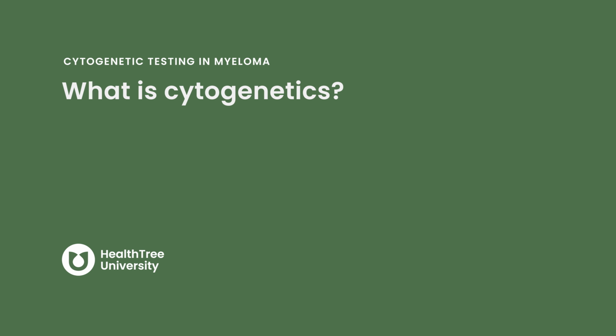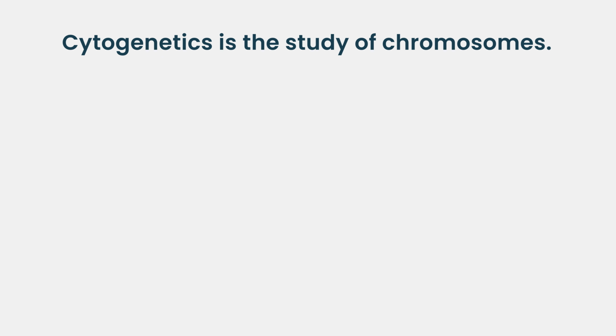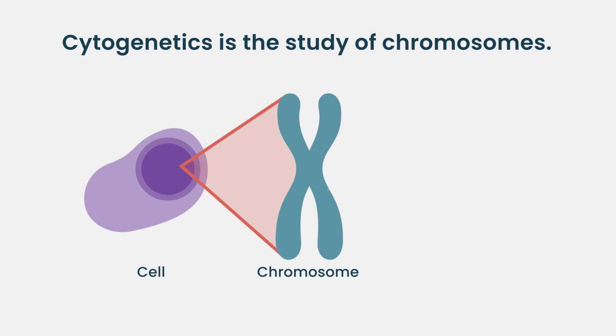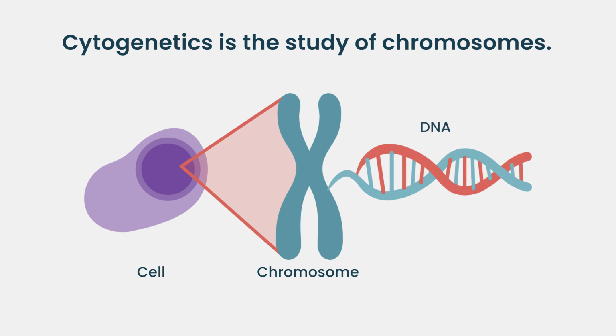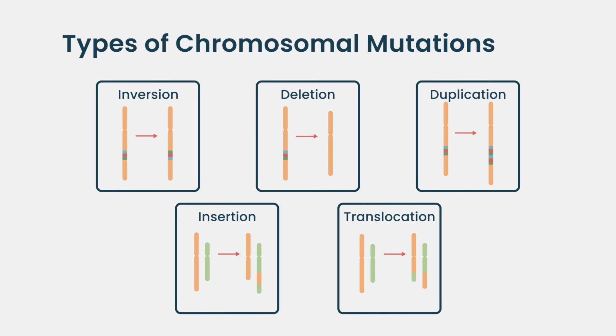What is cytogenetics? So cytogenetics is the study of chromosomes, which are long strands of DNA. And this DNA, it makes up the majority of the genetic information that cells have. So when we do studies of cytogenetics, the main interest is to try to understand if there are any changes in the chromosomes of these cells that have breaks or fusions that might help us understand what abnormalities are seen